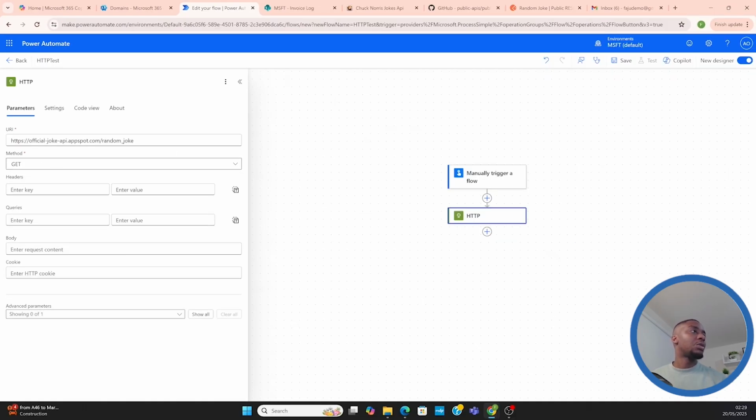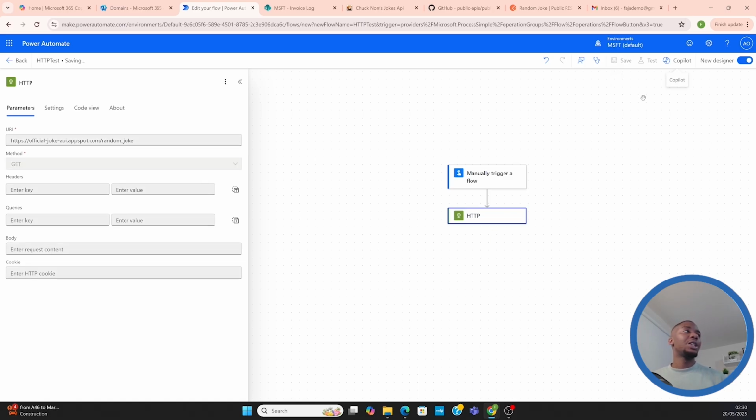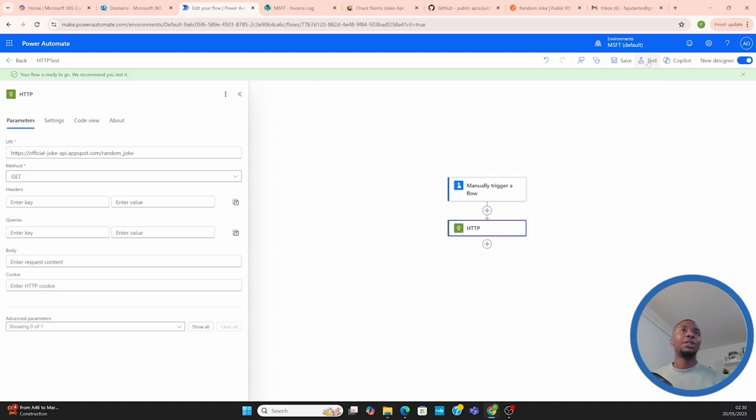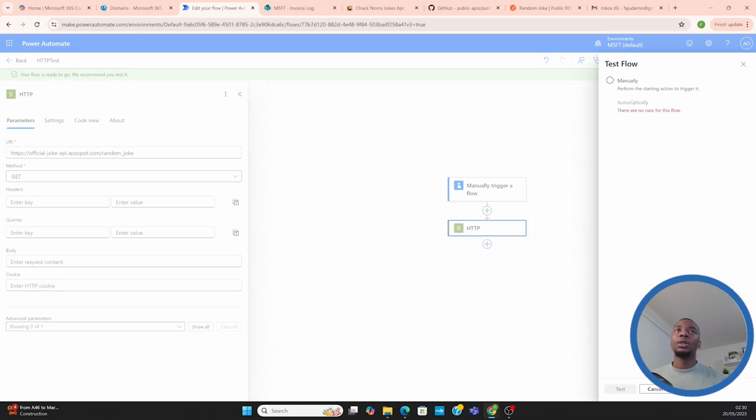We're just adding the API endpoint and the method, and then we can test this, right? Let's save that first, and then we can test this. So it's a simple one. I've just added the API endpoint, I've put the method, and if I test and click manually test, run flow,